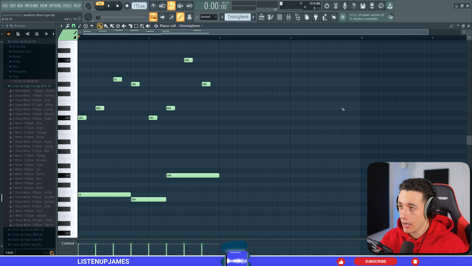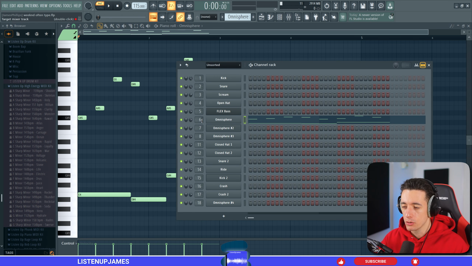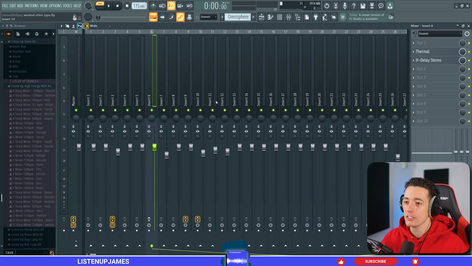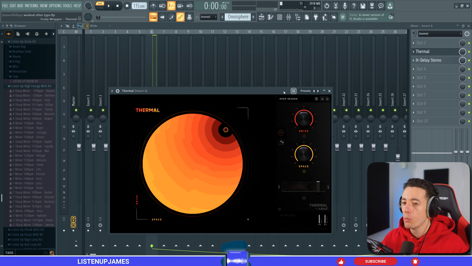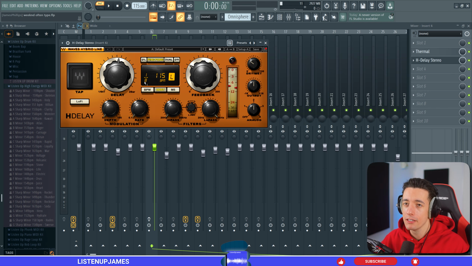Now to add to that dark vibe, we're going to add some distortion effects. So let's press the channel rack button and send this to a mixer track by clicking this button and dragging up or down. In this example, I've sent it to mixer track number 6. So if we press this button, we can go into the mixer and we can add some effects into these empty slots here. Here I've used a Thermal, which is a form of distortion, and a really simple 8th note